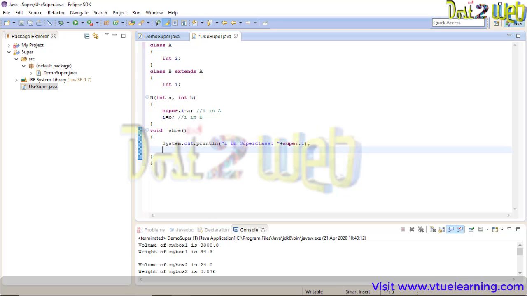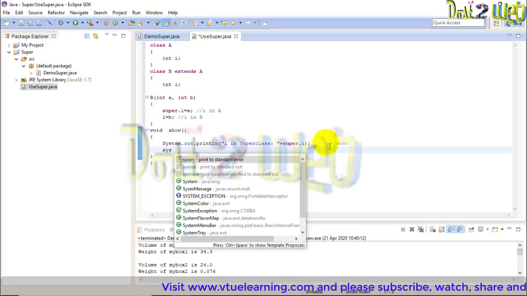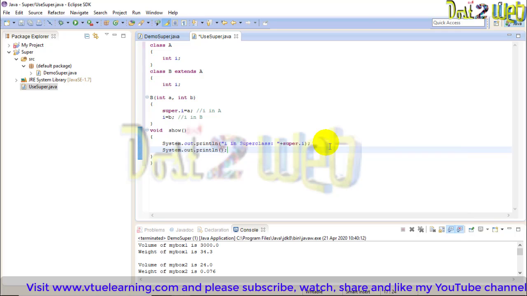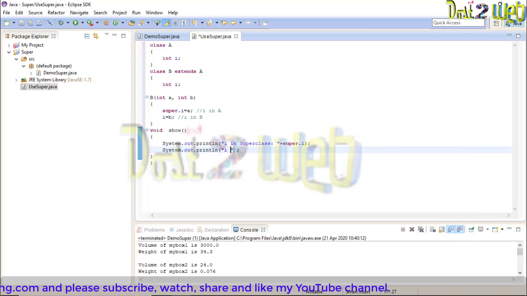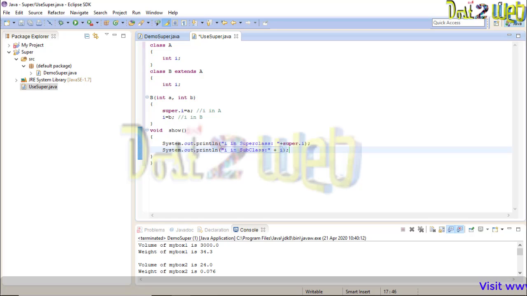Next, printing a statement for i in subclass. Because this is in this class only, you are accessing the data member from class B itself, so no need to use super dot. Directly give i, it will work because you are printing the variable directly.